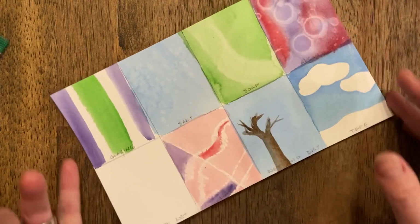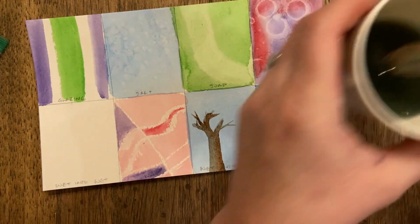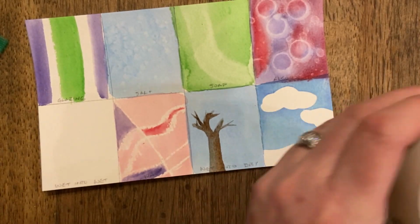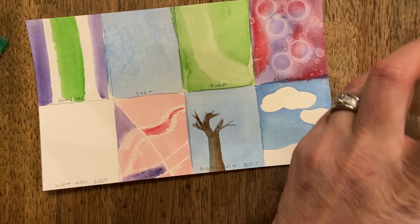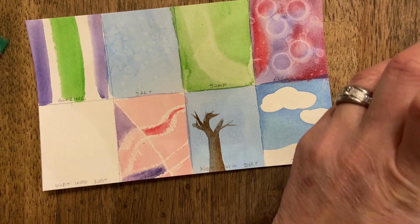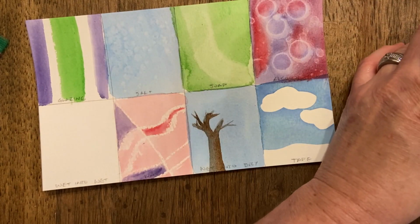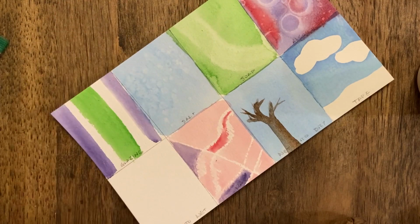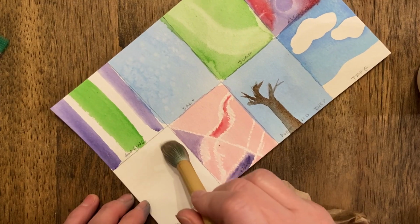So if I paint the leaves on it now, it'll combine more with some of the brown. If I let it dry, it will be more separate. So I think I'm going to do it while it's just a little bit damp. Okay, and look at all my gross water. So I'm going to change my water again. Everything clean so it looks nice. Okay, now since I have clean water, I'm going to come over here and I'm going to get my wet into wet area. Okay, I want that sponge of the paper to be